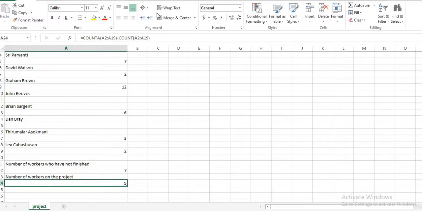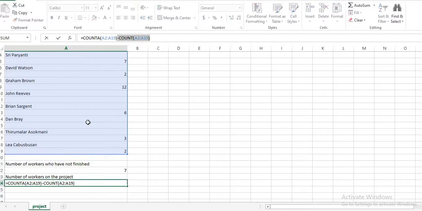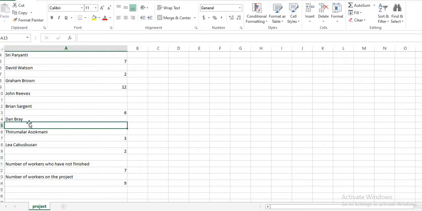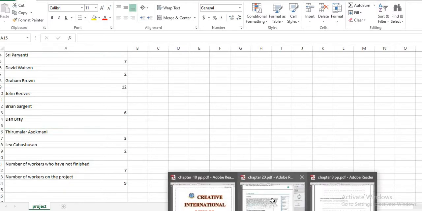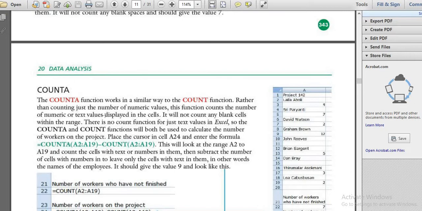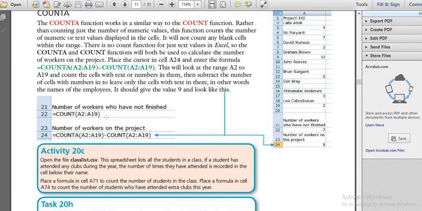So you may have the doubt of why we subtracted this. Because here there are some of the employees who have finished, so if you want those, you should subtract. That is how you will do task 20G. Then coming to task